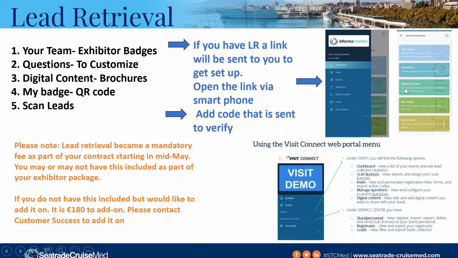And then the third would be digital content, brochures, information about your company that you'd want to add to this section. And then your badge, which is the QR code. And then the last one would be where you would actually scan leads. So you would select this button, and then the camera would open, and you would then scan the QR code